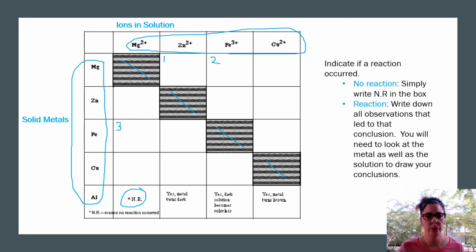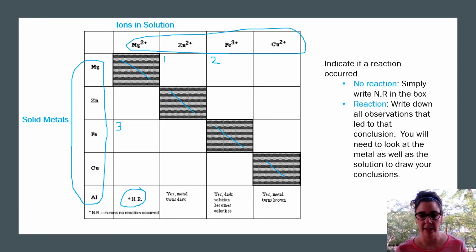If you do notice any changes, you do want to record those. So if there is a reaction, write down all your observations. Specifically, write down what you see happening at the metal. So the metal is getting darker. The metal has this sort of reddish deposit on it. The metal's turning darker,